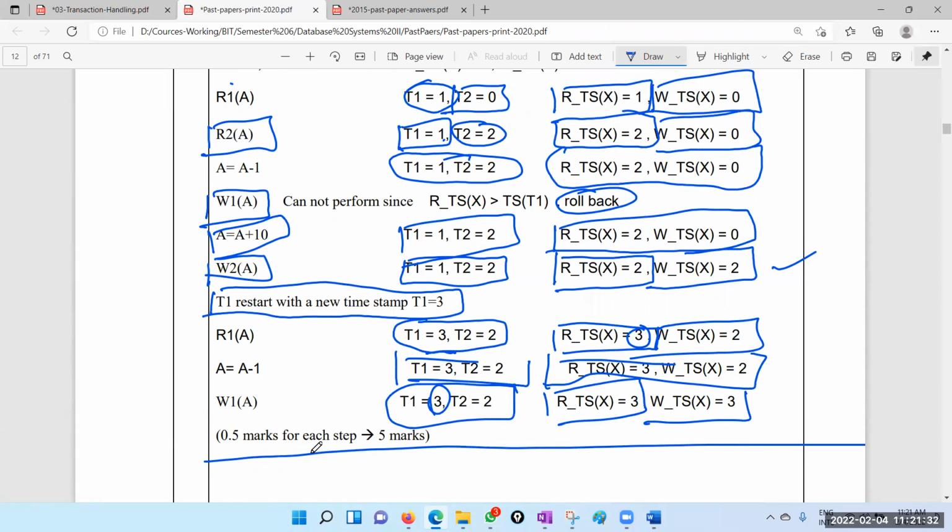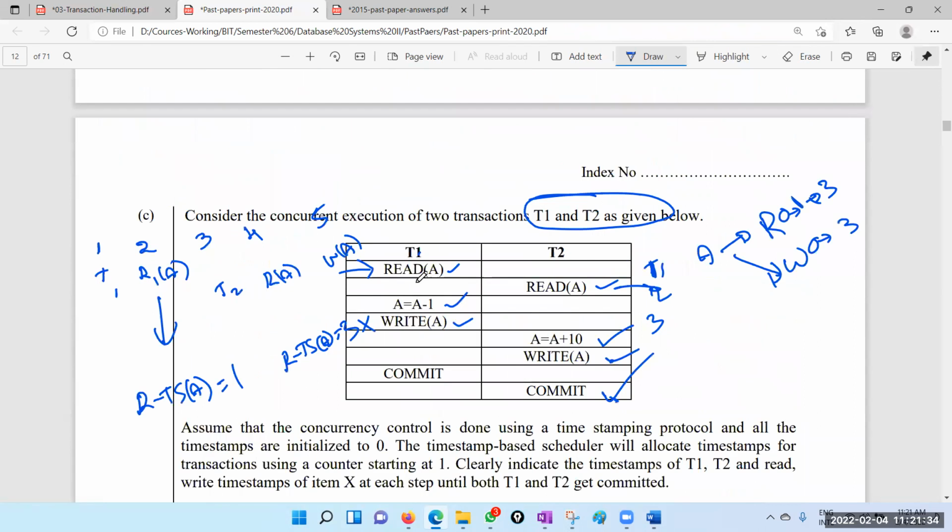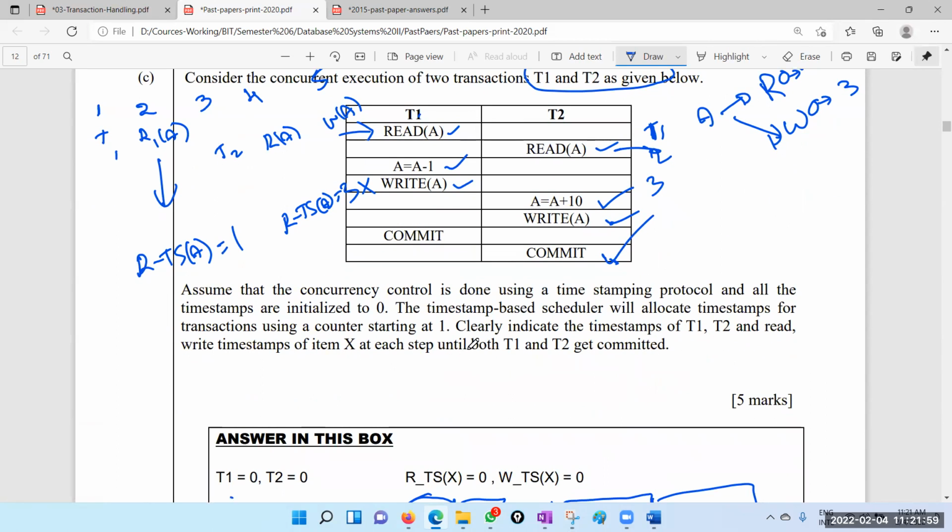Now you can see that this transaction had to roll back once and start again after transaction 2. Actually, the end user will not see it. The end user will see only a little bit of a delay. So don't think that someone is getting error messages. No, you roll back and with a new timestamp, you again start because a younger transaction has